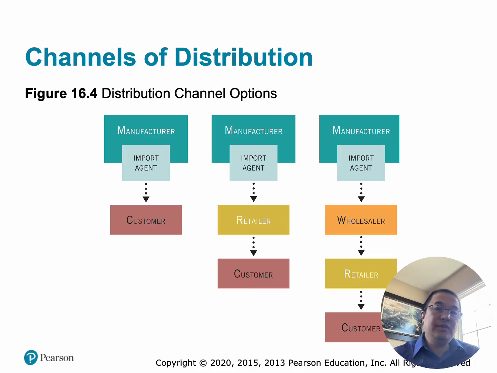Option 3, wholesale distribution. This goes from the manufacturer to import agent, then to the wholesaler, then the retailer, and then the customer. How does this work? The wholesaler purchases products in bulk and then distributes them to many retailers. Advantages are maximum market reach, efficient for large markets, and the manufacturer can focus on production. Disadvantages, though, are that this has the lowest profit margin per unit and it offers the least control over final customer experience. So a beverage company selling to wholesalers who supply supermarkets, convenience stores, and restaurants would be a great example.